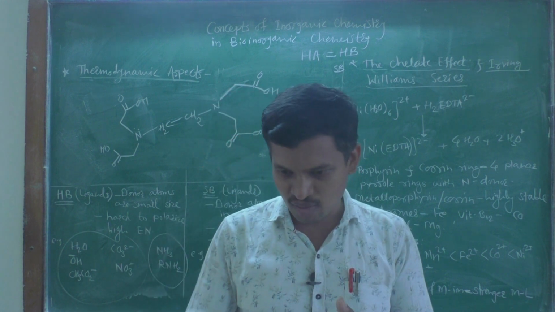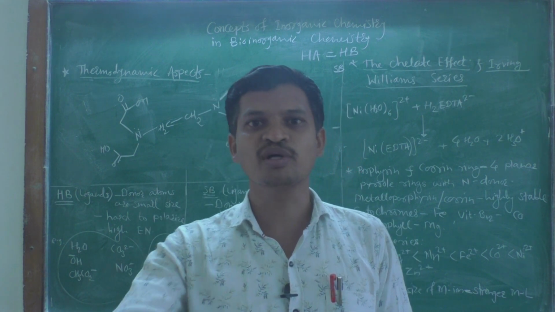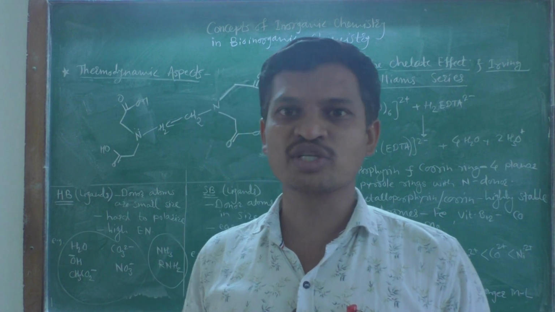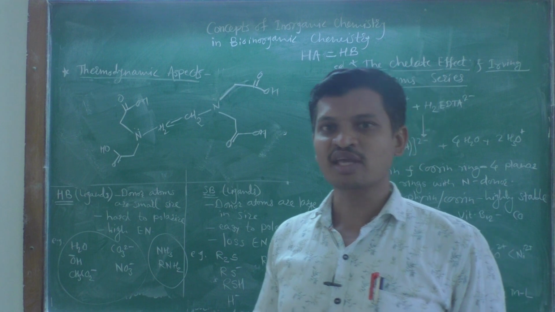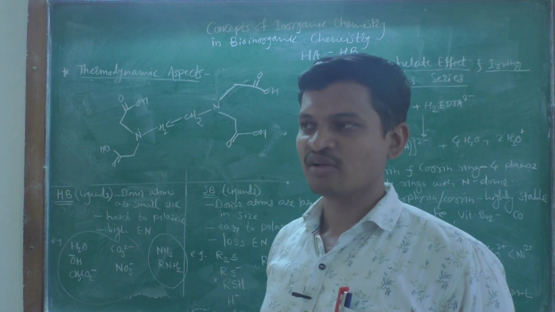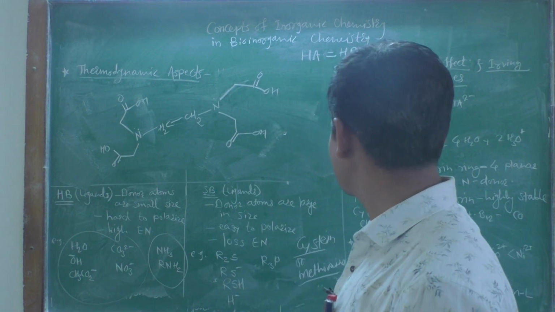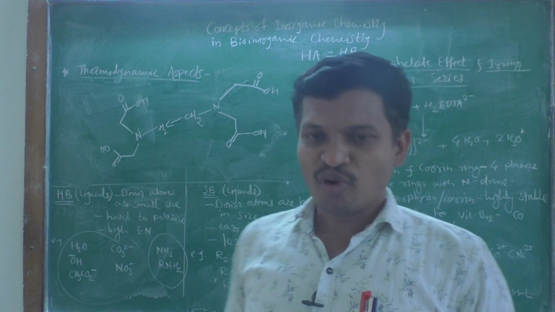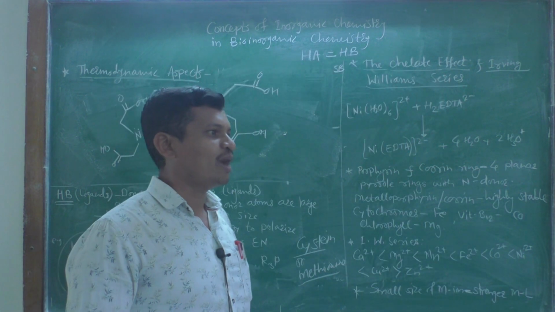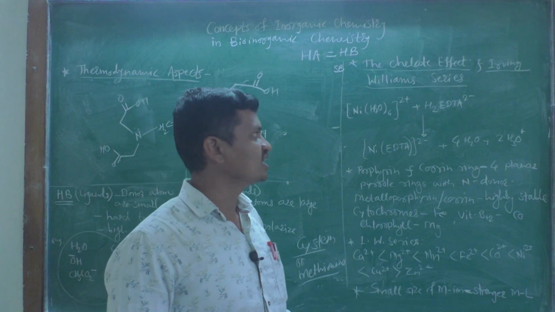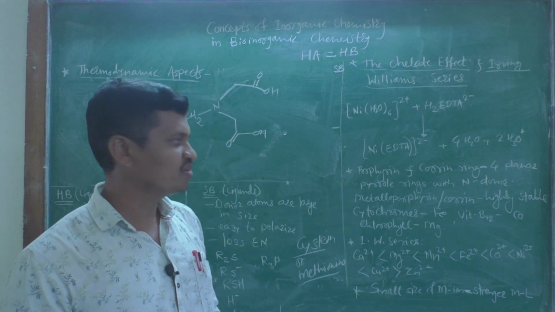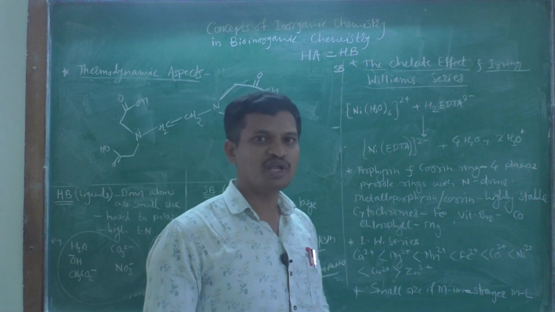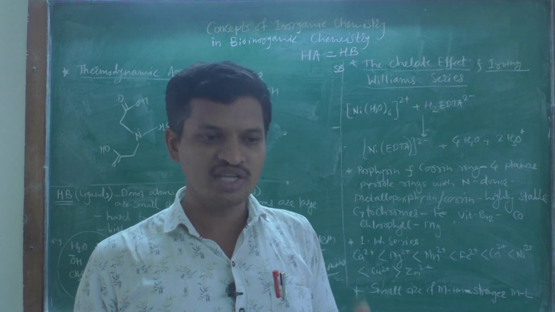So this is the analogy of bioinorganic chemistry with some biological processes that can be possible in our biological systems. Then one of the important applications of the chelate effect is in the Irving Williams series. So what is this Irving Williams series? We know that porphyrin and chlorin rings are